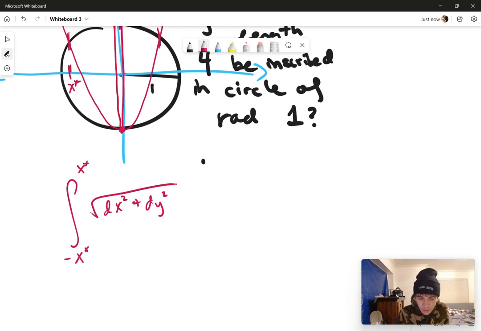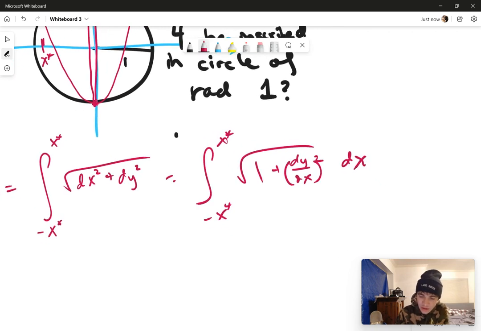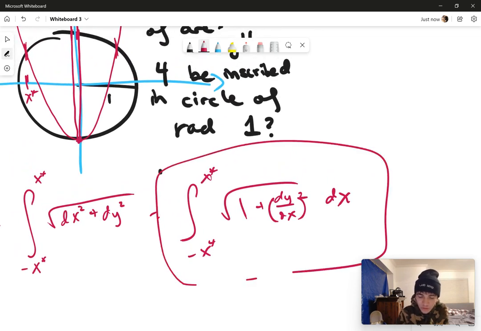And so if I pull this out here, this is arc length. And so if I want to go ahead and pull out a dx, I'm going to have the integral from negative x star to x star of the square root of 1 plus (dy/dx) squared, and then I've pulled out the dx there, okay? And so this is probably the arc length formula that you're more familiar with, and this is the derivation using